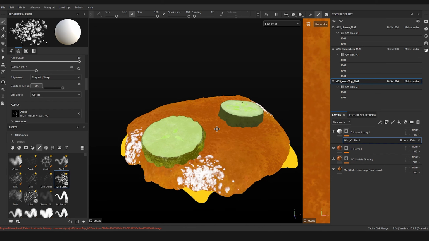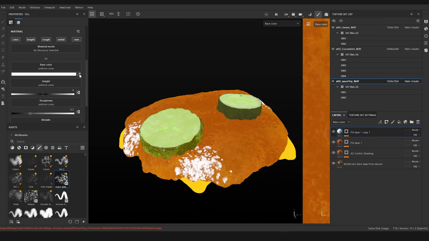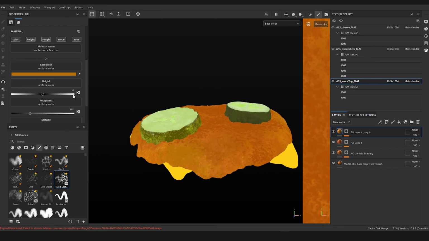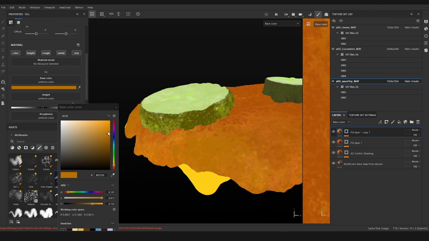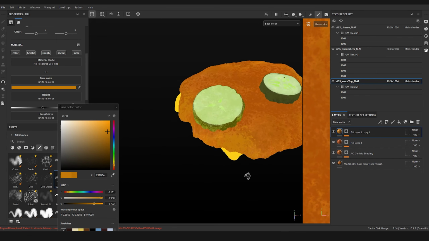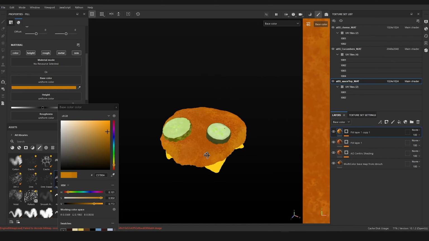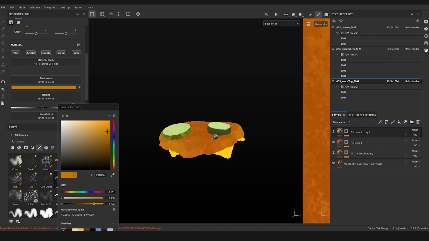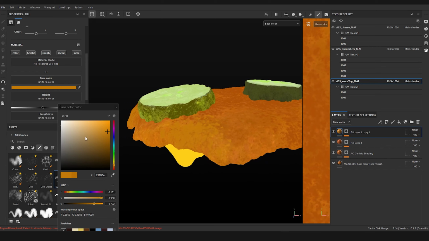So it's more yellow-like color. Let me sample it from the image. Yeah, I might have. Something like that. Just creating these patches of discoloration. All right, and then the other one that I want to get, this one I'm going to use the dirt